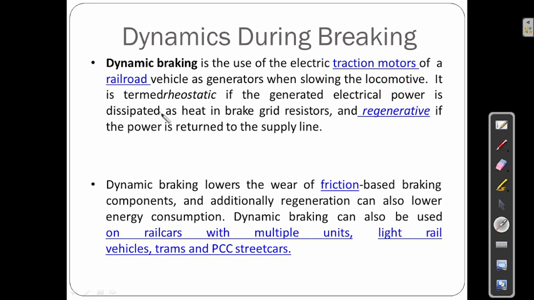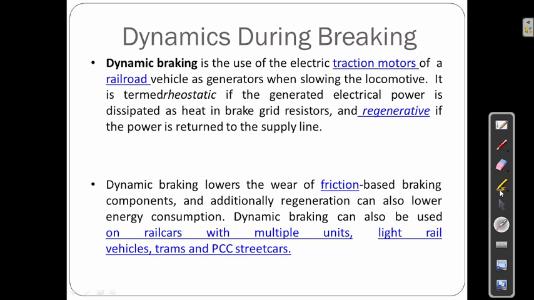It is termed rheostatic if the generator electrical power is dissipated as heat in brake grid resistors, and regenerative if the power is returned to the supply line. Dynamic braking lowers the wear of friction based braking components,